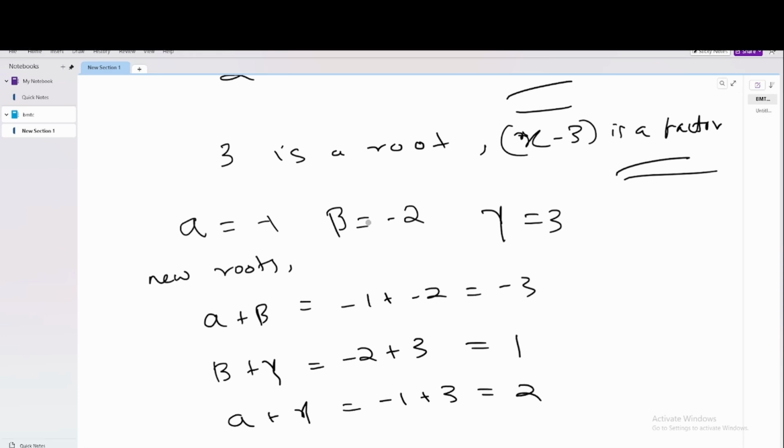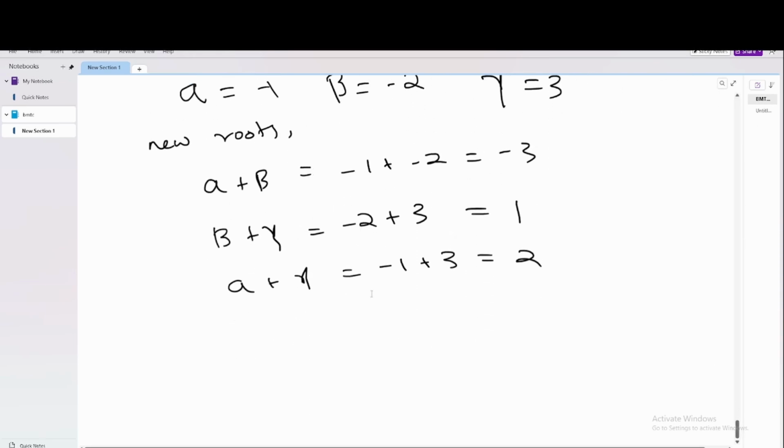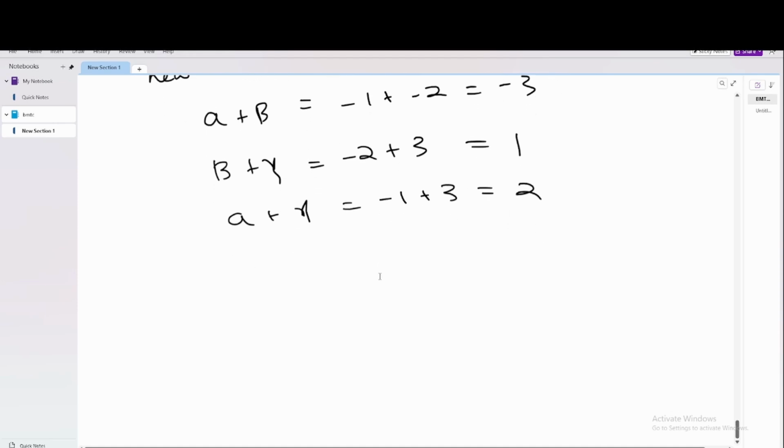These are the roots. So we can write the cubic equation like this: